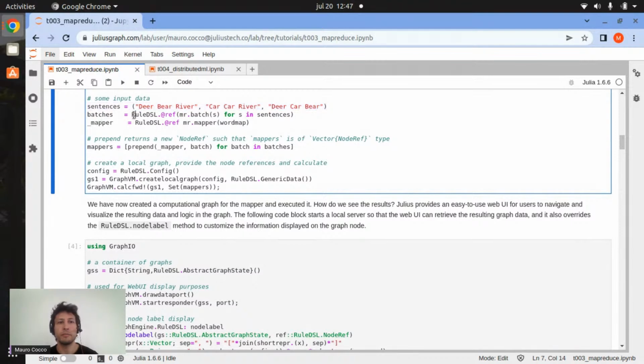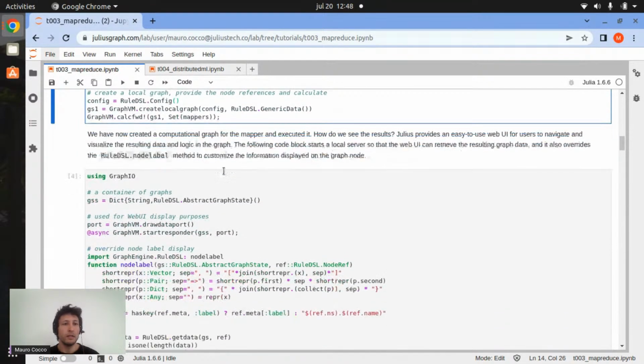Then we define our batches from all the sentences, and then we can define this mapper node based on the mapper rule, but you may see that we are avoiding passing the first argument. So to note that, we are using this underscore notation, which basically means that we are not passing the first argument to them. So we can now use the prepend function to illustrate how we can use it to pass the first argument to our mapper. So we can create a vector of node ref by using the mapper rule, using the prepend function to give this input for each batch. So we can run all this,